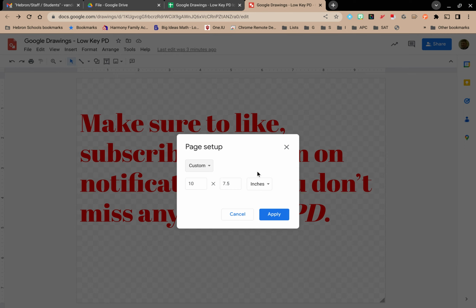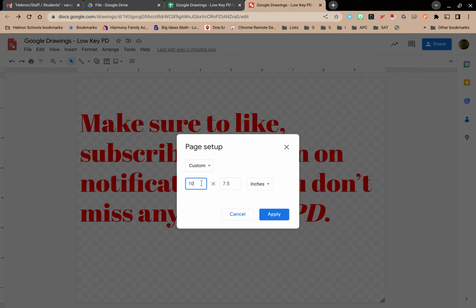If you click on Custom, your main concern here, I think, is going to be what are your units? Are you in inches, centimeters, points, or pixels? I would assume that this is in order from greatest to smallest. So inches is the biggest unit and pixels would be the smallest. So points would be somewhere between centimeters and pixels. Choose whichever one you want, but once you do that,